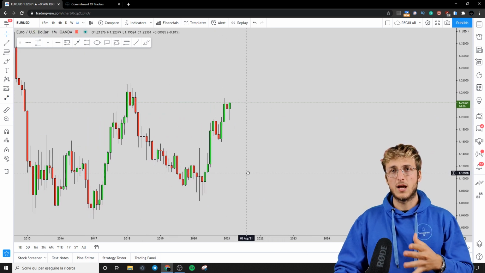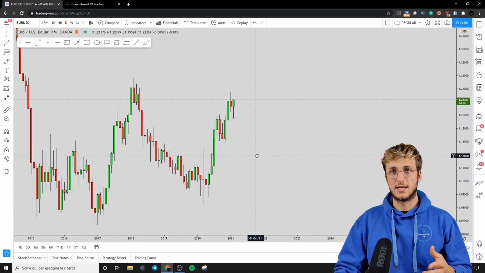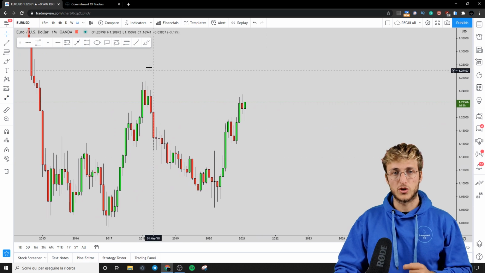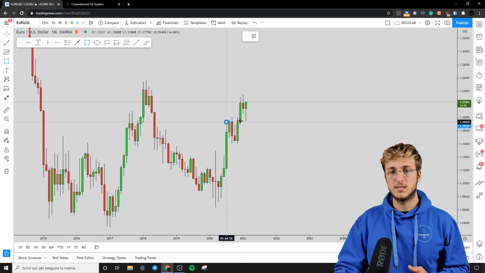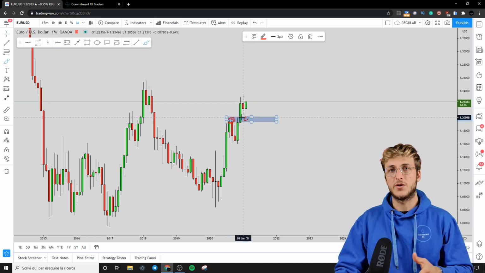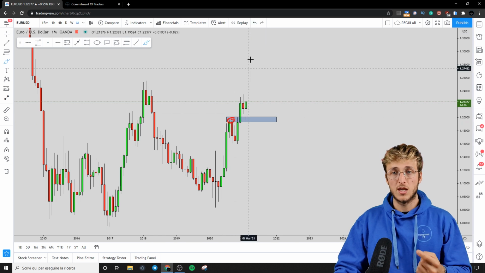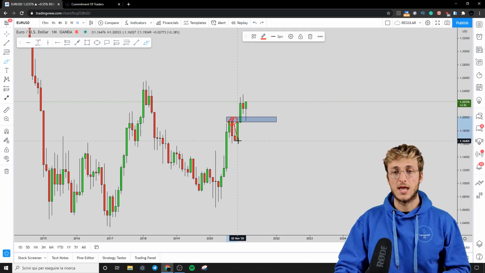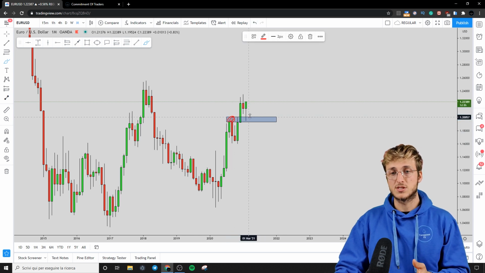Now, we will be making a full multi-timeframe analysis, so let's start from the monthly timeframe. Here on the monthly, what we can clearly see is that the market is currently testing the previous monthly resistance, which is now turned monthly support. This is a very basic concept in the market. If you have previous resistance and the market breaks above the resistance, at that point, the previous resistance is turned